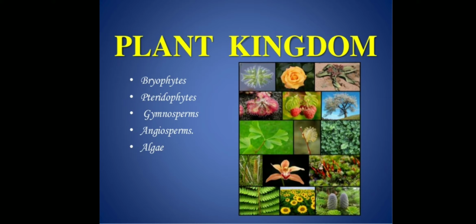Let's start with Chapter 3, Plant Kingdom. Dear students, in the previous chapter, we looked at the broad classification of living organisms under the system proposed by Whittaker, wherein he suggested the five kingdom classification: Monera, Protista, Fungi, Animalia, and Plantae. In this chapter, we will deal in detail with further classification within kingdom Plantae, popularly known as the plant kingdom. We will describe algae, bryophytes, pteridophytes, gymnosperms and angiosperms under Plantae.